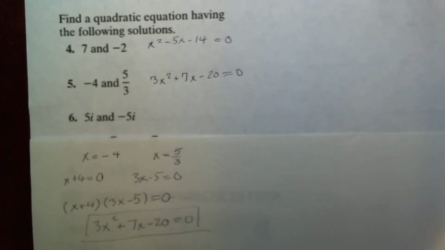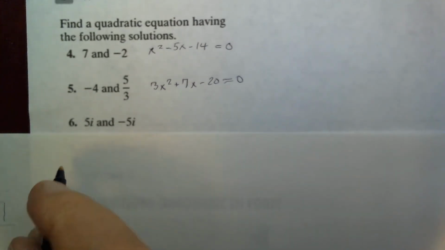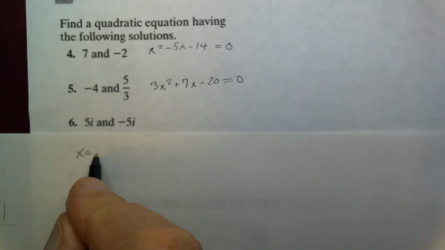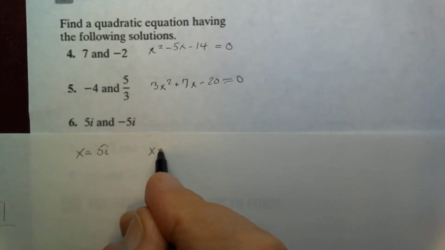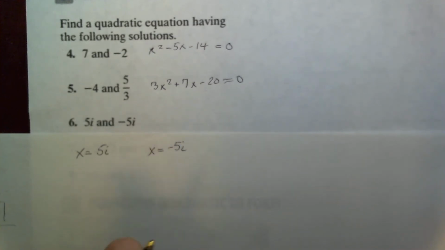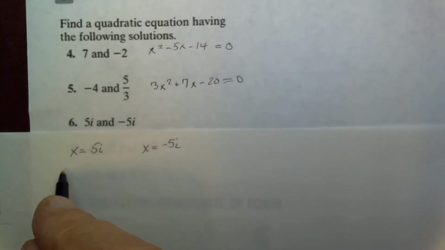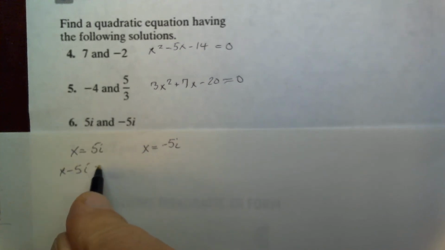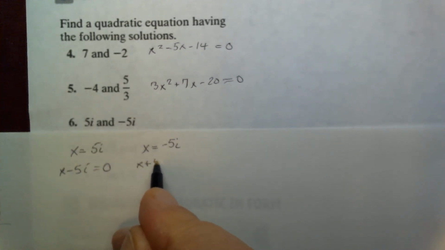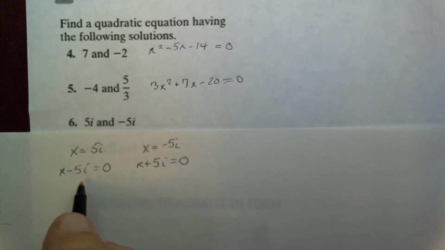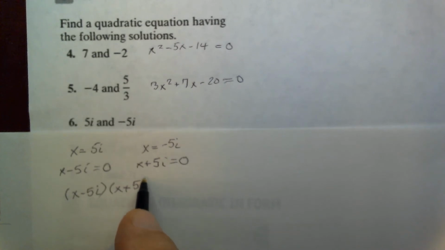And for number 6, we have x equals 5i and x equals minus 5i. So in other words, x minus 5i equals 0, and x plus 5i equals 0. So then from the zero product principle, we can write this as x minus 5i times x plus 5i equals